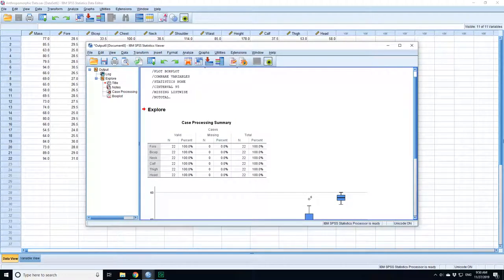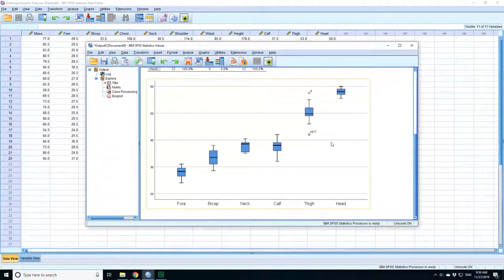and press OK. So now I can look at the variability of forearm length, bicep length, neck, calf, thigh and head. So the head's a bigger value, but it's got a much smaller interquartile range, and also it's much more symmetric than the others. So the others, bicep has the biggest amount of variation, but forearm and calf are very